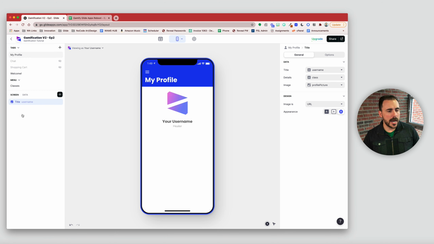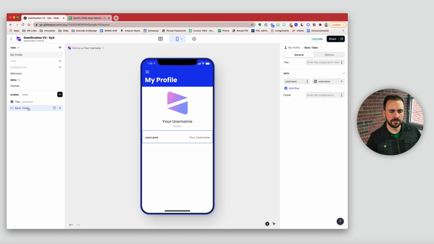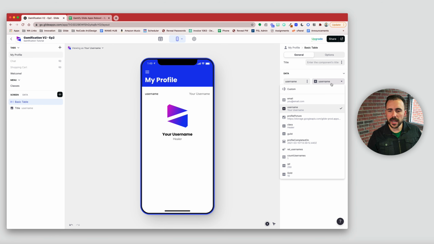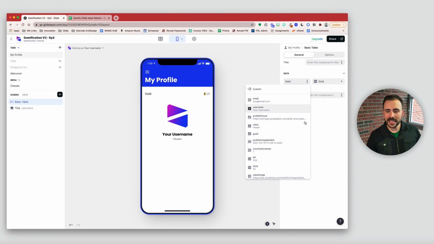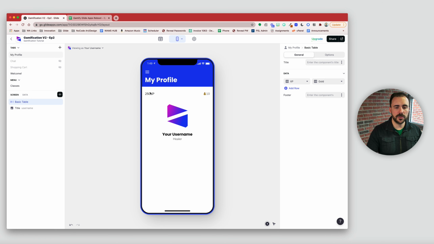All right. And then afterwards, let's show their XP and gold. Maybe we want to show that as a basic table. So I'm going to choose a basic table, and let's put it actually above the username to kind of create a header. On the right-hand side, let's choose their gold, and you see that it'll pick the icon for me, which is nice. On the left-hand side, let's do their XP, like that. So we see they have 250 XP and their gold. We have their avatar, username, their class,